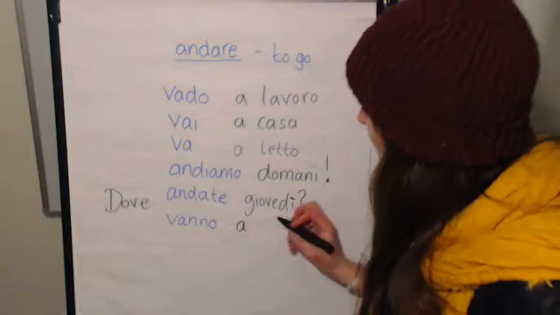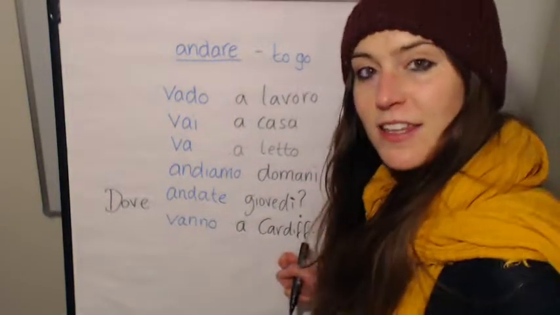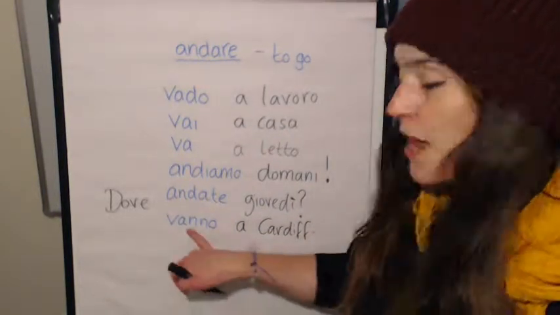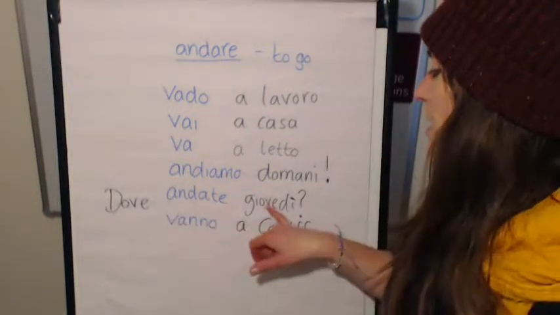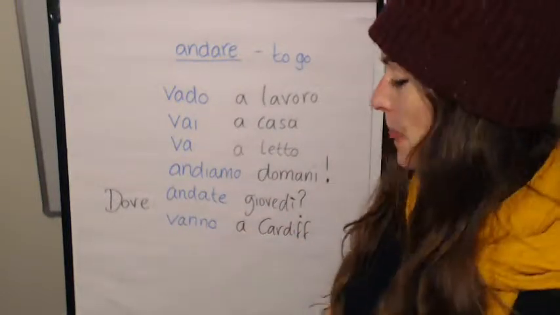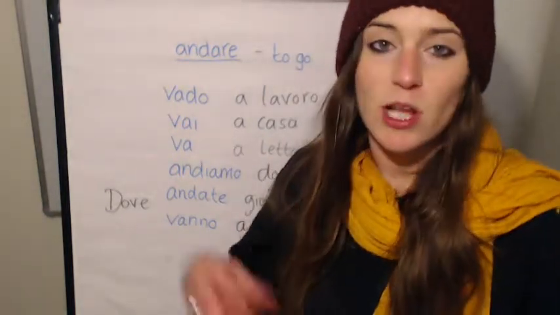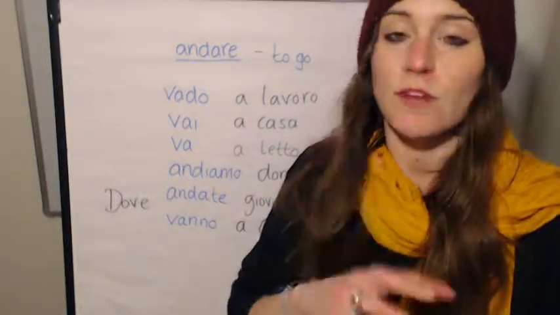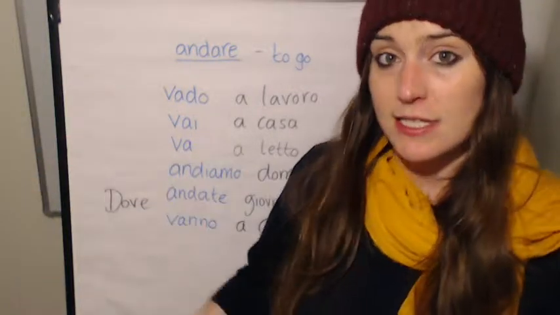So, vanno a Cardiff. That's the capital city of my lovely country, Wales. So, vanno a Cardiff means they are going to Cardiff. So, dove andate giovedì? Andiamo a Cardiff, we're going to Cardiff. Andiamo a Bristol. Andiamo a Parigi, we're going to Paris. Andiamo a Londra. So certain, like the capital cities of countries, other countries than Italian ones, other cities than Italian cities,